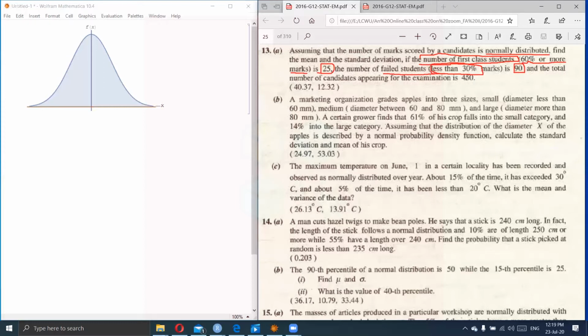And the total number of candidates appearing for the examination is 450. So for the solution,